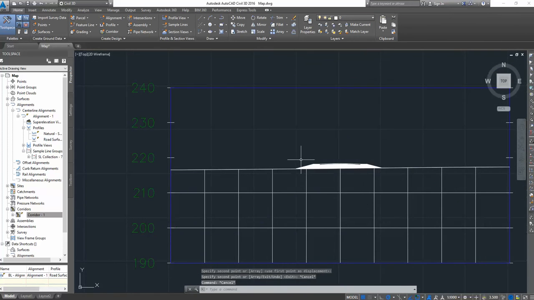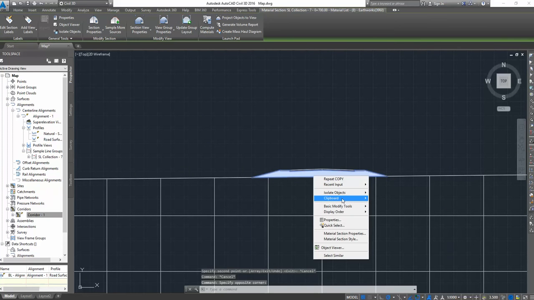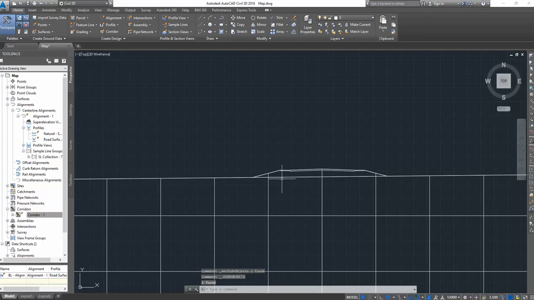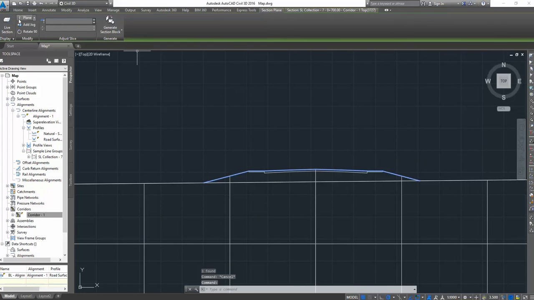So you come here. I want to hide this thing because it's in the way. So I'm going to go here, isolate objects, hide selected objects. So now that's what's going to show. Then you're going to go to here. You're going to click here, and it should